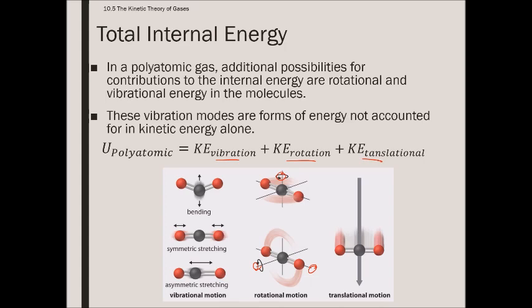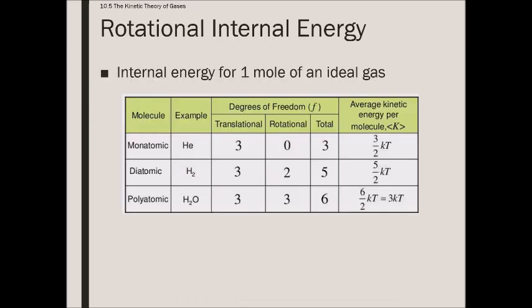And what we use to calculate velocity is just the translational part of that system. So for our monatomic gases, the average kinetic energy per molecule is 3/2 kT, whereas a diatomic molecule that has more places to store energy, more different types of ways it can move, it's 5/2 kT. And then for a polyatomic, so we have 3 atoms here, we get 3 kT as our amount of energy